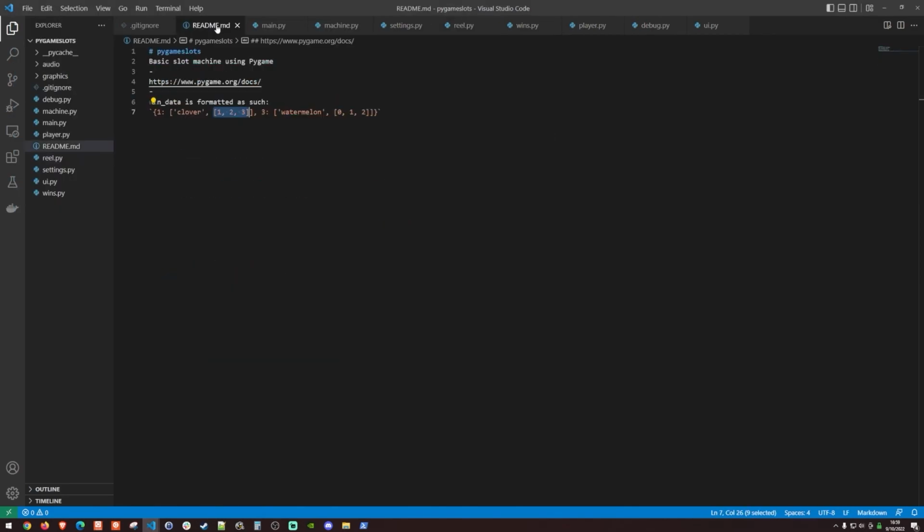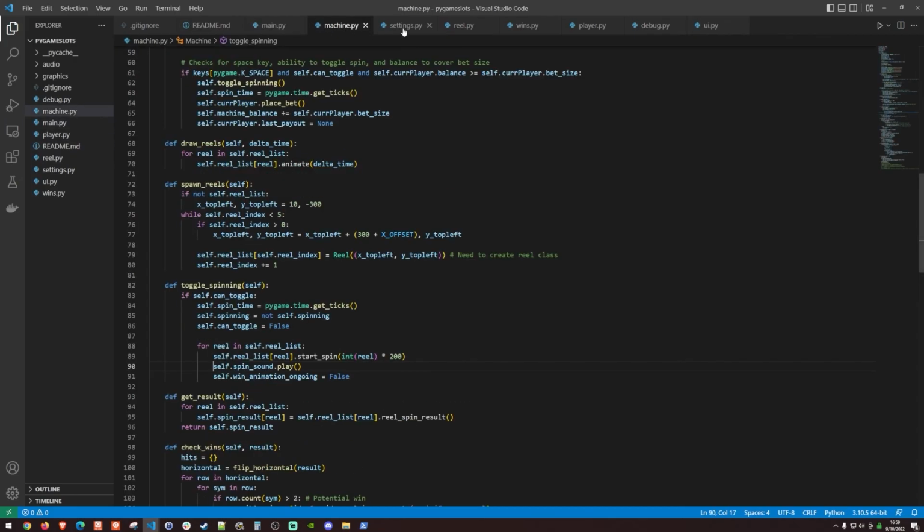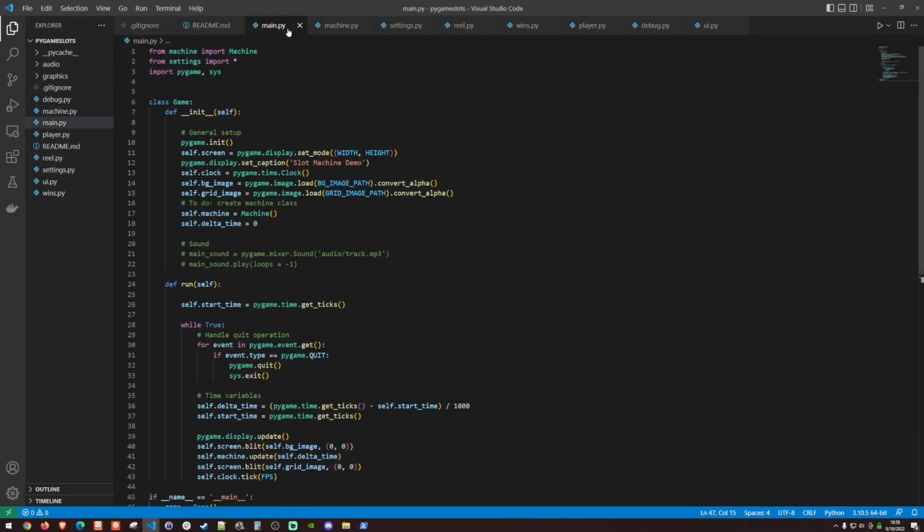So at this point, I'm going to save everything. This is by and large the end of the tutorial. What I'd like to do is show you how easy it is to change out the symbols. I will run the slot machine a whole bunch of times using my symbols and the main music just to send this thing home one final time. But what I have